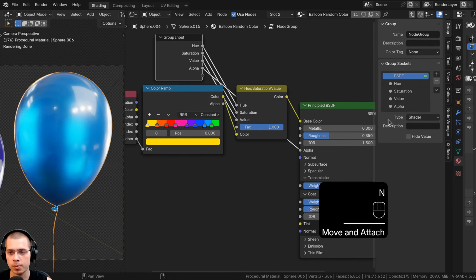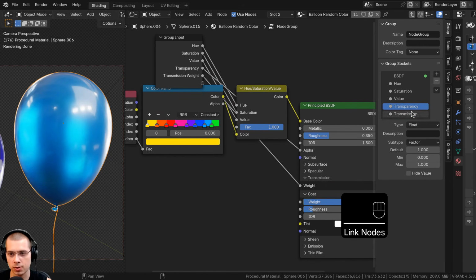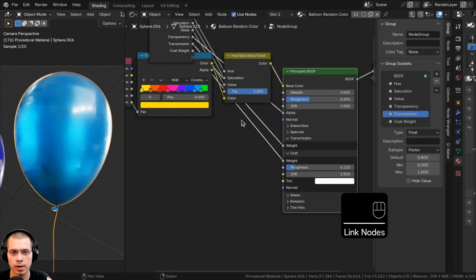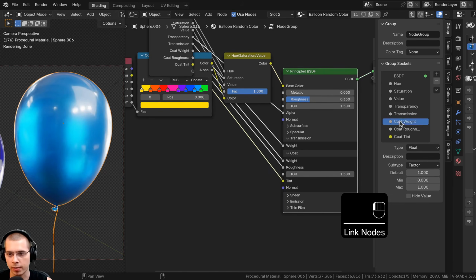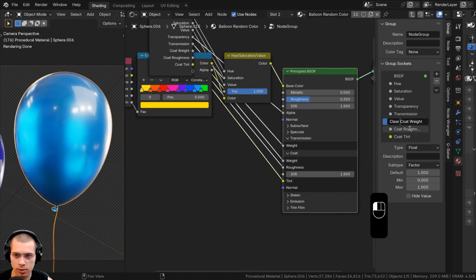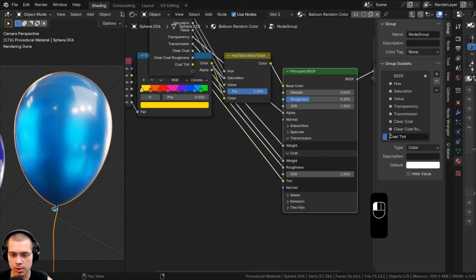We'll hit the N key to open up the side panel, and I'm going to rename this to transparency. Then let's add the transmission weight, stick that into the extra socket, and I'll just rename this to transmission. Then we'll also take the coat weight and the coat roughness and also the tint, and then if I rename these, I'm going to just add the word clear, so clear coat, and I don't want to use the weight here, so just clear coat, and then clear coat roughness,